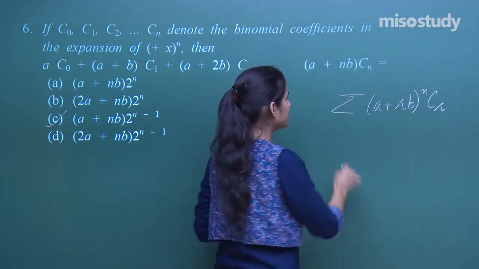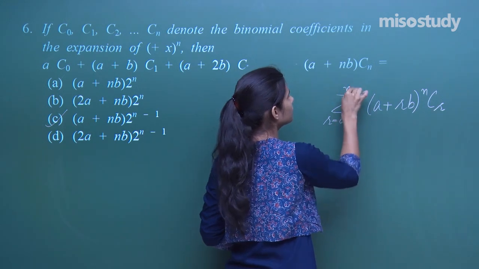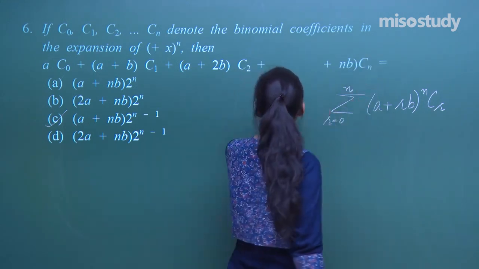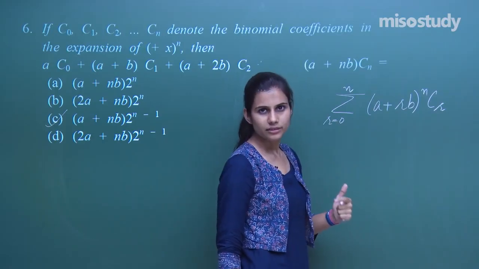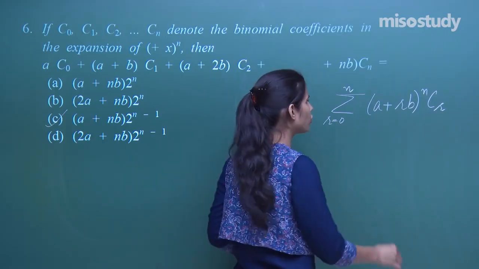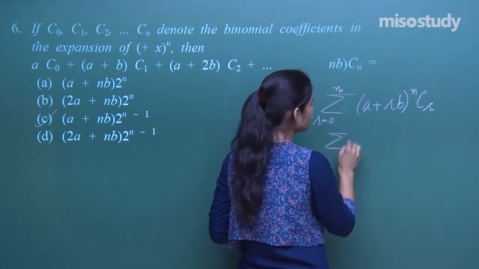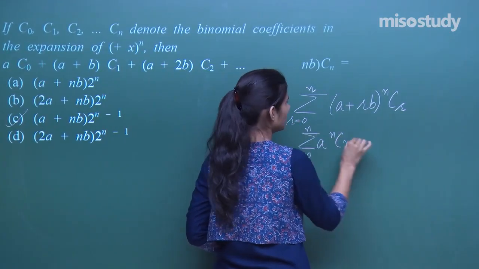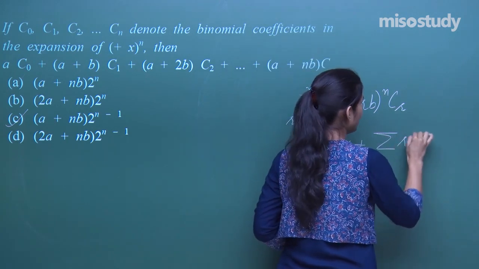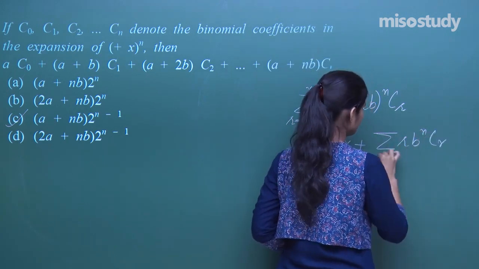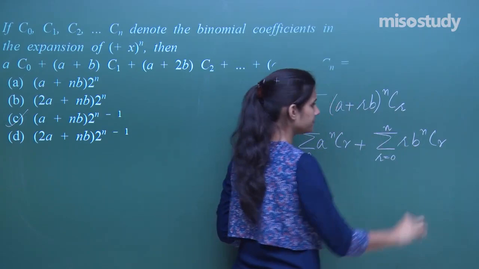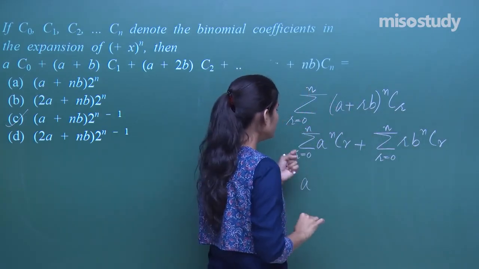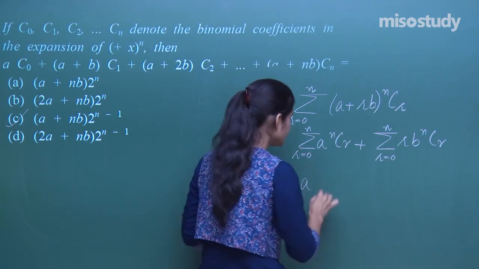Okay, summation of (A plus Rb) NCr, r going from 0 to n. Because Cn is nothing but NCn, C2 is nothing but NC2, that's how we denote the binomial coefficients. So this comes out to be A times summation NCr plus summation r b times NCr. Fine. A comes out common, you're left with summation r going from 0 to n NCr, which you know is